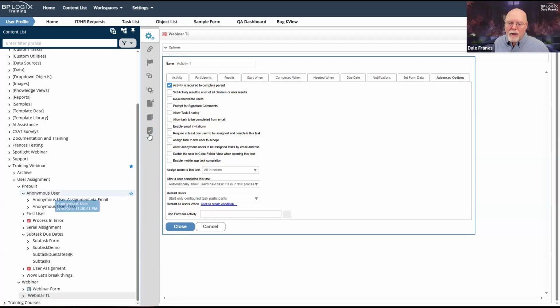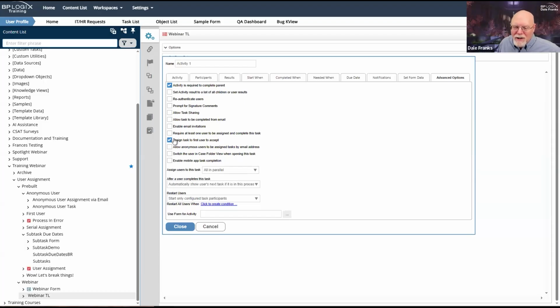You would never select assign task to first user to accept unless you are selecting all in parallel. That is the only scenario in which someone can accept a task.